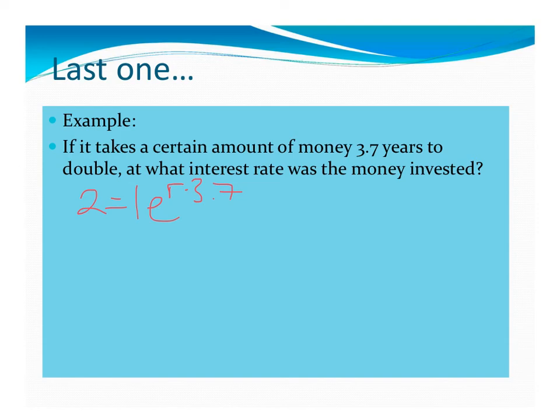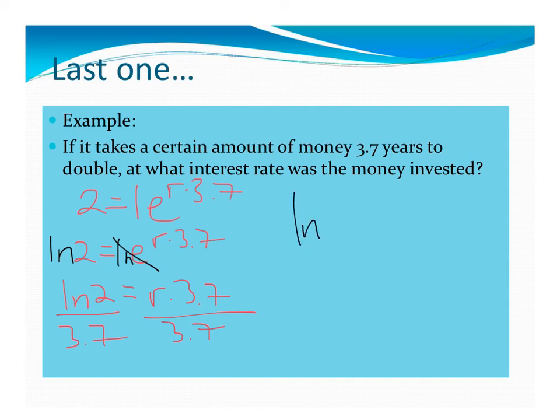The same process applies. I'm going to divide by 1, which gives me 2 equals e raised to the r times 3.7. Taking the natural log of each side. Gone. Natural log of 2. Remember, if it's like tripled, you're going to see 3 here instead of 2. It's not always going to be 2. All right? So I have r times 3.7. If I divide by 3.7, in my calculator I'll have natural log of 2 divided by 3.7, which equals about